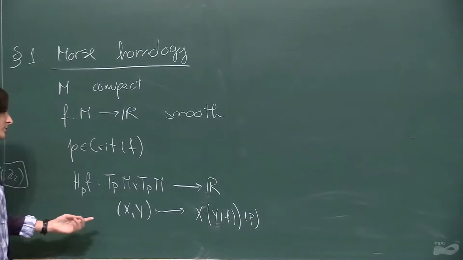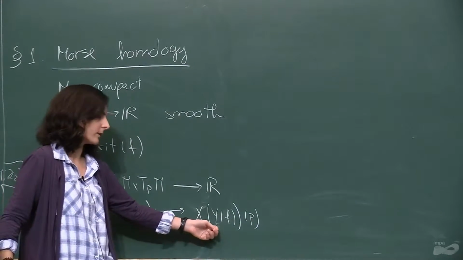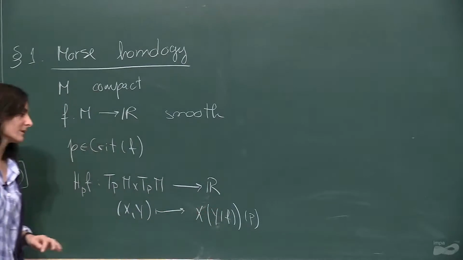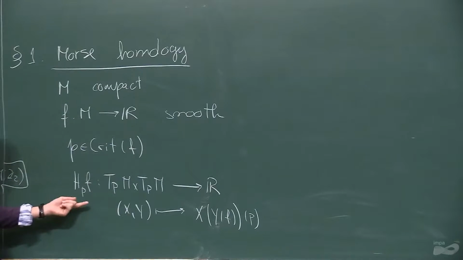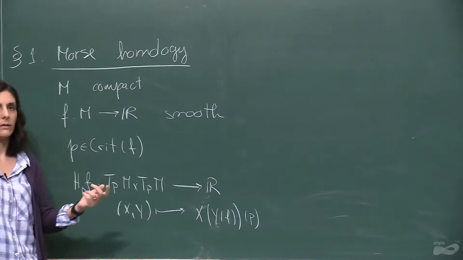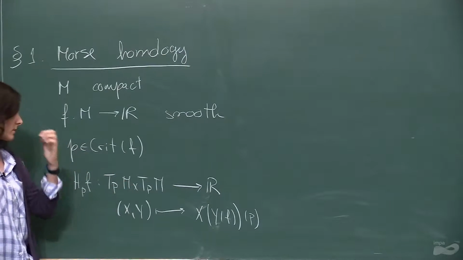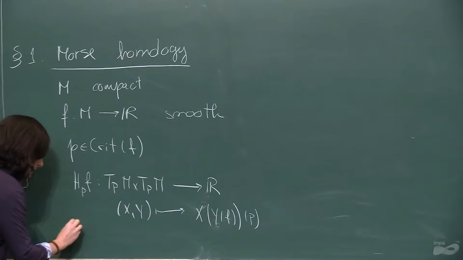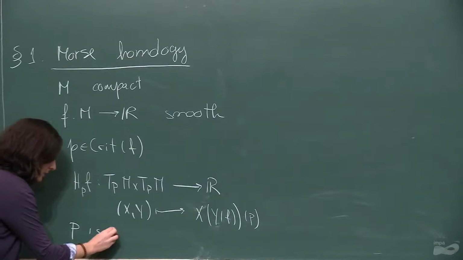In fact, for this to be well defined, I would need to take a local extension of y, but this does not depend on the extension, so let me just leave it like this. You can think of this in coordinates as represented by the Hessian matrix of f. And so we say that the critical point P is non-degenerate